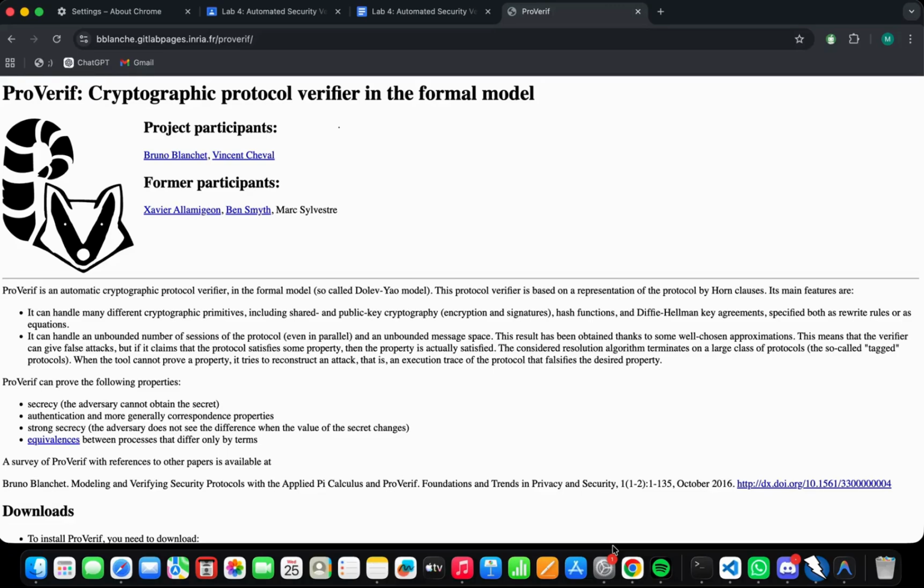So hello everyone, myself Mohit, and for this automated security verification assignment, I have chosen the use of ProVerif, which is a state-of-the-art automated cryptographic protocol verifier. It is widely used in the cybersecurity industry to mathematically prove whether a protocol is secure or vulnerable to active network attackers. To address the first part of task A, I will explain how ProVerif encodes its inputs